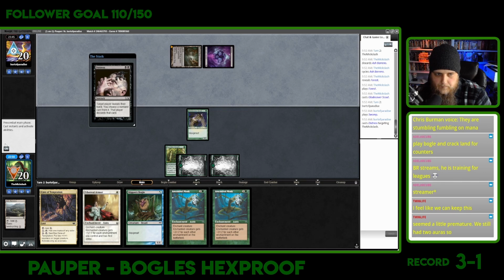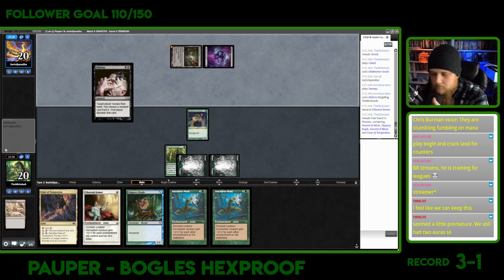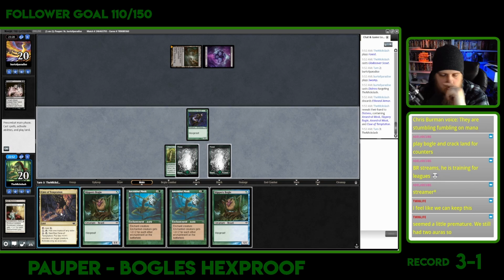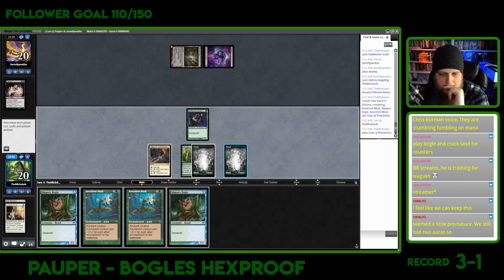No. Yeah, they're going to strip apart our poor little hand. I don't know what you take here. It makes me think they don't have a Chainer's Edict if they took Ethereal Armor. Another Bogle. I'm like, do I want to play...